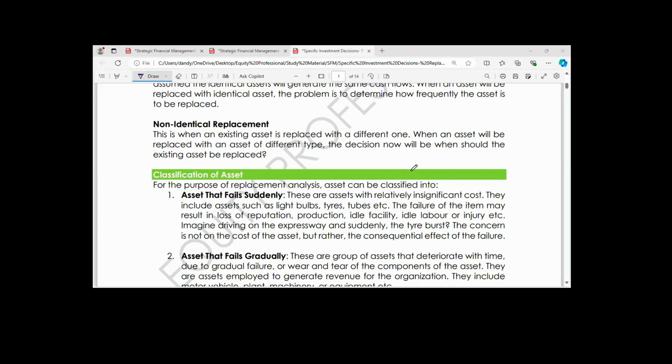The second one is the asset that fails gradually. These are non-current assets, such as motor vehicles, plant and equipment, machineries. All these assets, they deteriorate with time due to gradual failure or wear and tear or usage of the assets. The non-current assets generally are employed to generate revenue for the organization. Therefore,